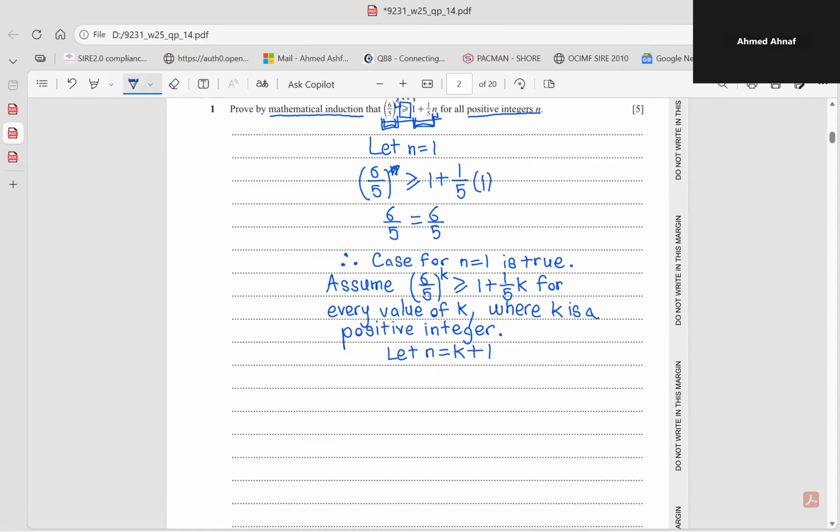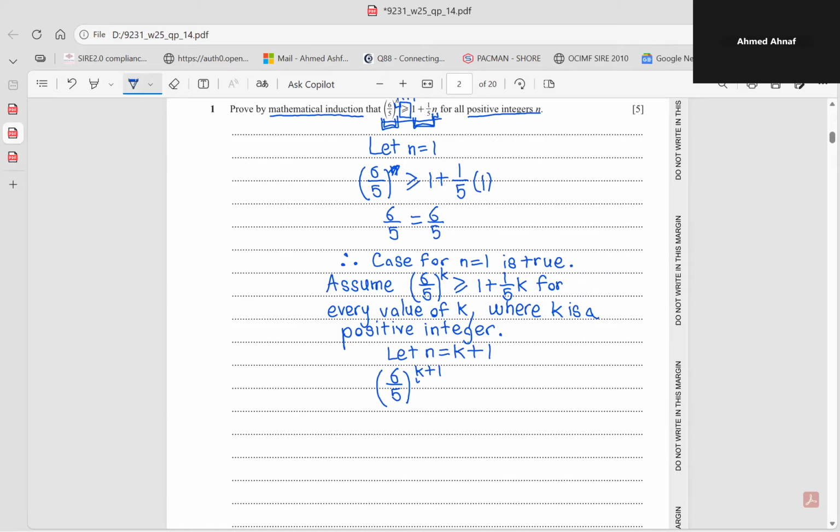Okay, so yeah, enough talking. Let's just get straight into business. So for me, I believe it's best to start on the left-hand side because it's much easier to work with. Okay, so here we have 6 over 5 to the power of k plus 1. So in my opinion,